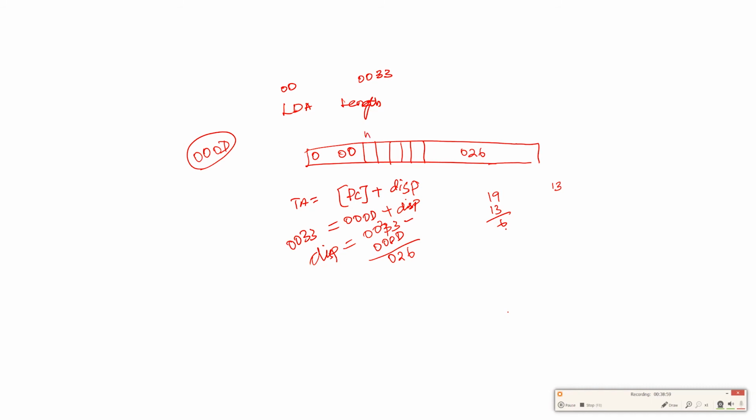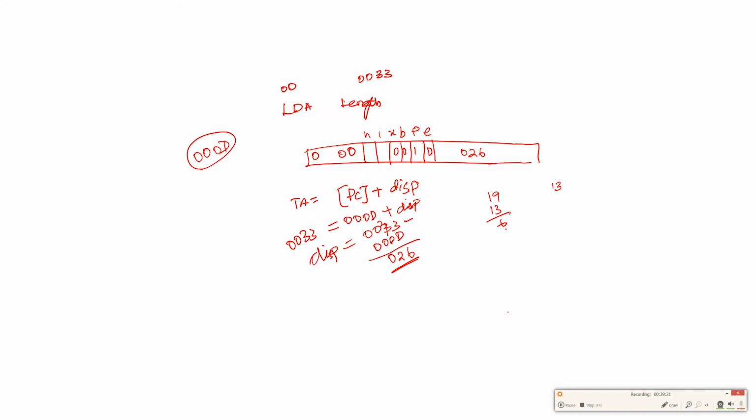So here NIXBPE and E. So how will I write this? PC relative, because I have found the answer using PC relative, and it is not base relative, and this is not format 4, so it's format 3, it's 0.